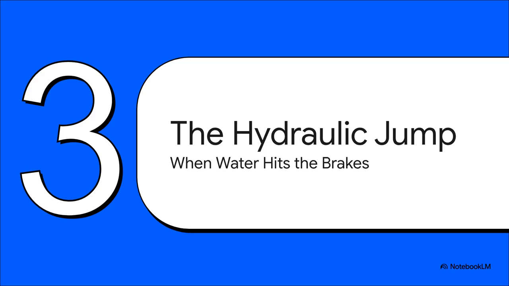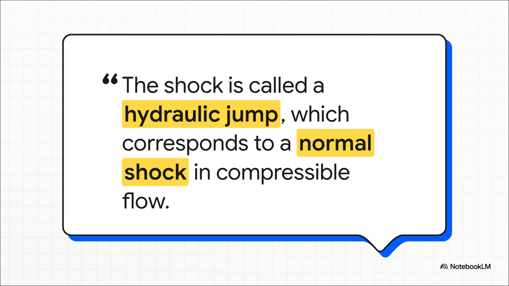So, what happens when that super fast, supercritical flow suddenly needs to slow down? Well, that brings us to part 3, the incredibly powerful hydraulic jump. This is basically what happens when water slams on the brakes, hard. And incredibly, that supersonic jet analogy just keeps going. A jet creates a sonic boom, a shock wave, to slow down from supersonic speeds. Well, supercritical water creates its own version of a shock wave to transition back to slow flow, and it's called